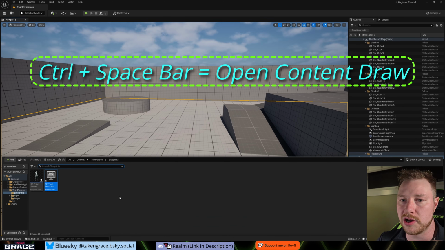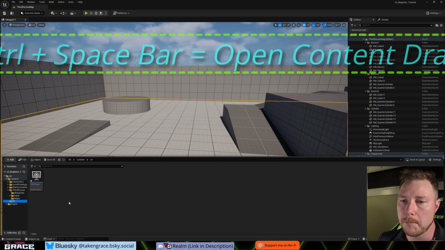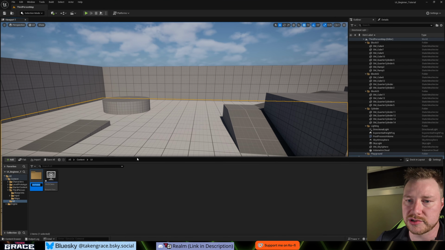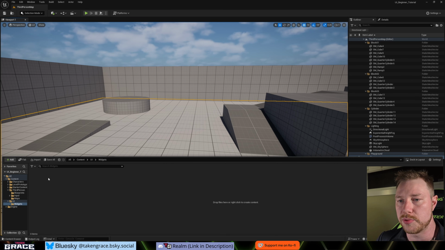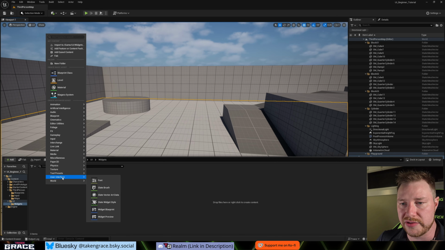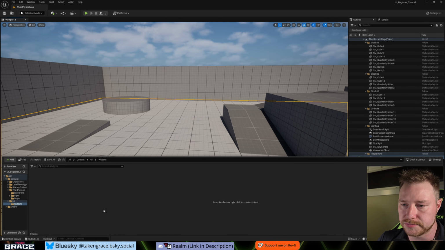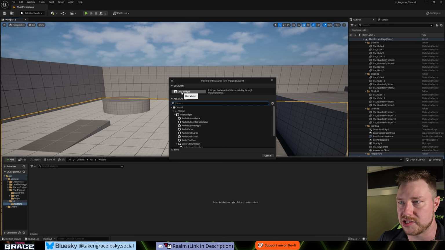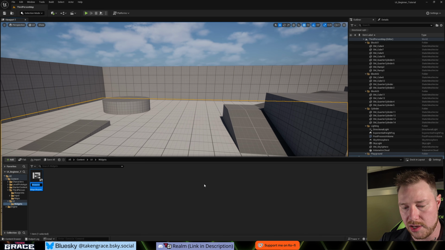So we're gonna open our content drawer, go to our UI folder. Okay, you can put all these in a separate folder. So we'll make a new folder and call it widgets. Open that up. Okay, so to make a widget, we need to go to user interface and go to widget blueprint. Okay, it'll bring this up and we're just gonna select user widget and we'll name it widget blueprint WB